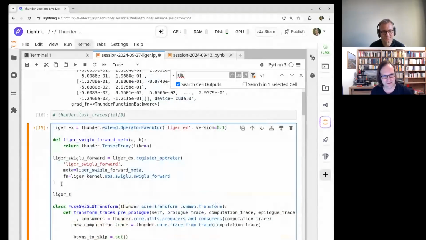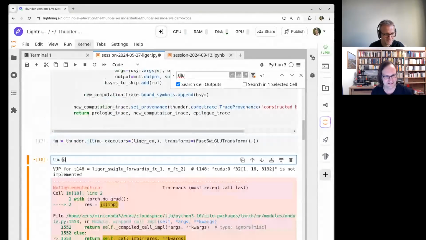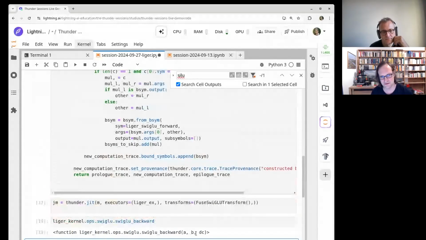So we first need the backward. And the pattern is much of the same, right? Let's look at Liger kernel ops swiglu and swiglu backward. And so this takes A, B, the two inputs, and the gradient for the output.